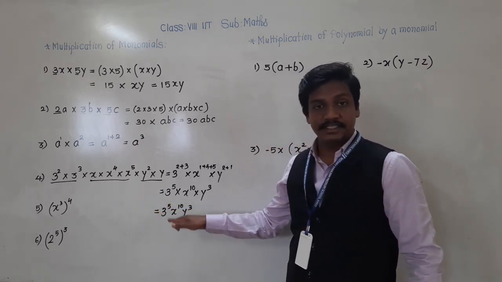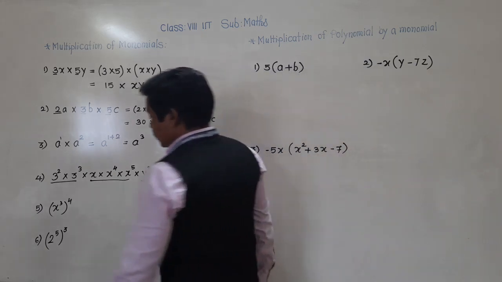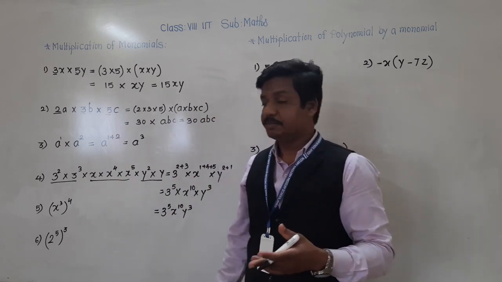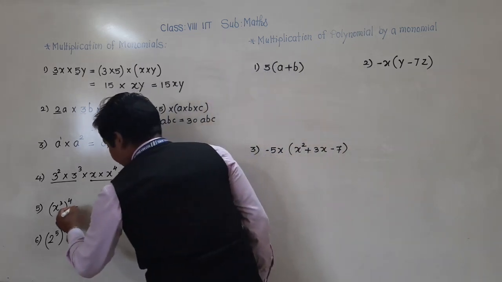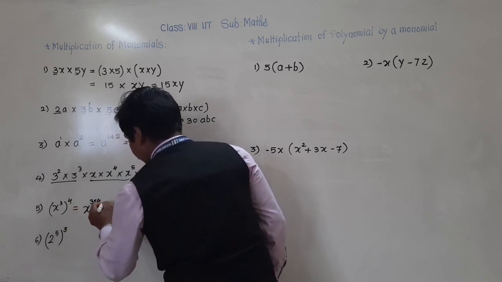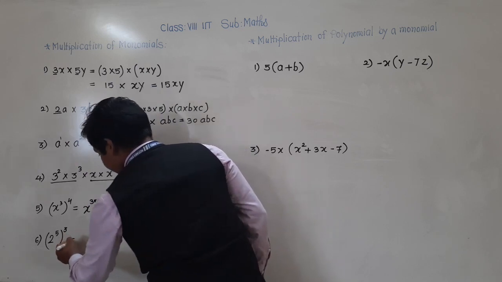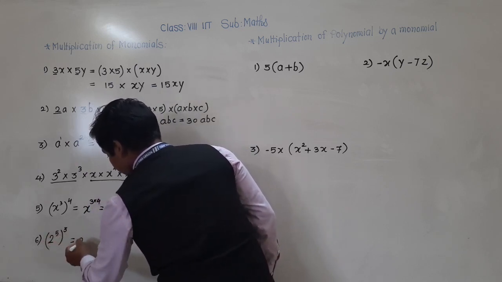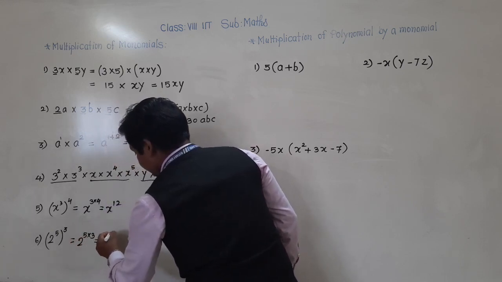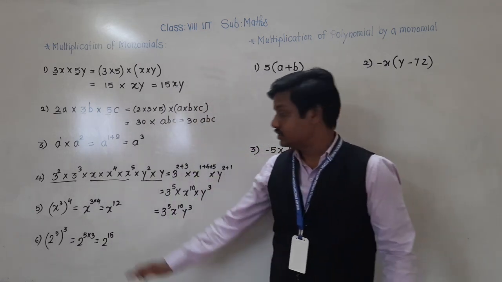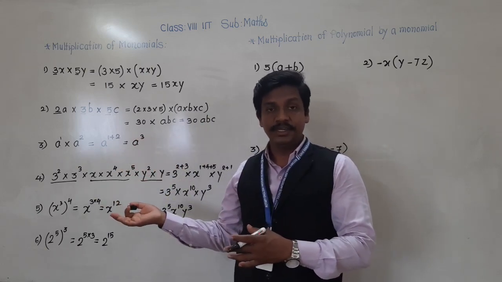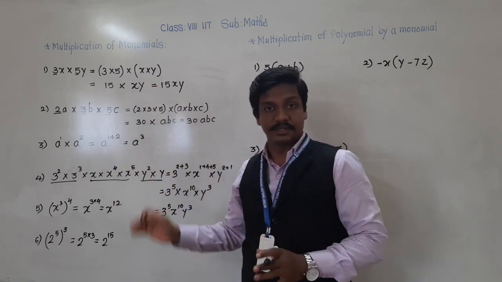So between them which sign is there? Multiplication, don't forget. x raised to 3 in brackets raised to 4. This rule also we have seen in exponents, right? Power of power. At that time base keep as it is and powers get multiplied. That is x raised to 4 threes are 12. Similarly 2 raised to 5 raised to 3. So 2 keep as it is, 5 and 3 get multiplied. That is 2 raised to 5 threes are 15. Such monomials you will get to see in the examples when we solve them. At that time you have to react in this way.